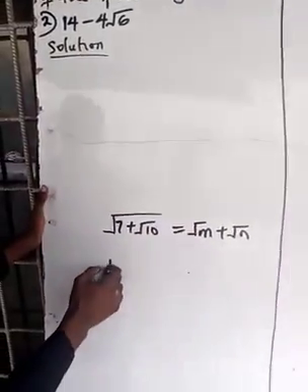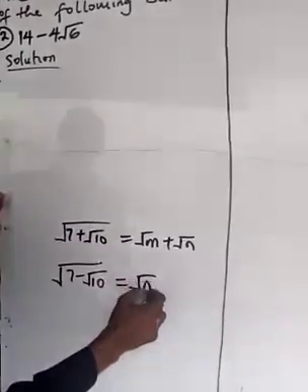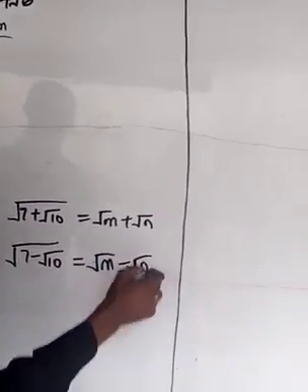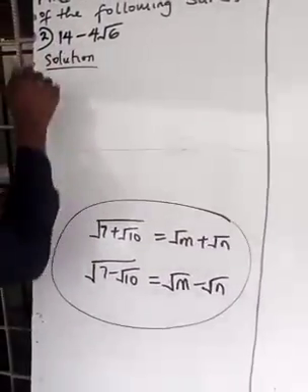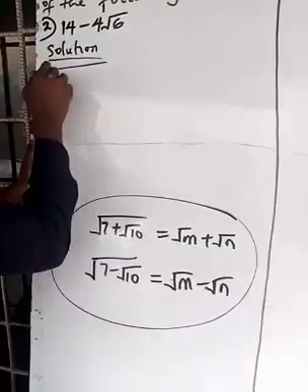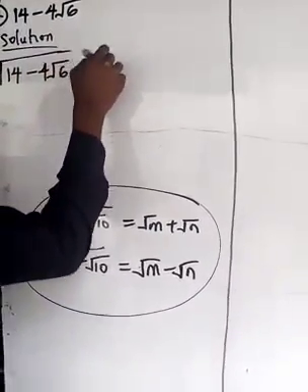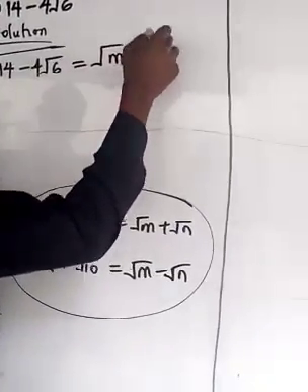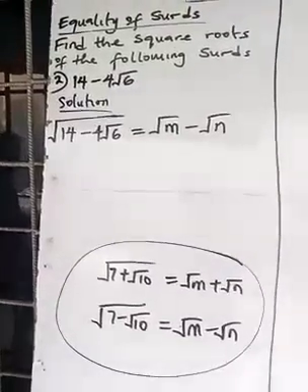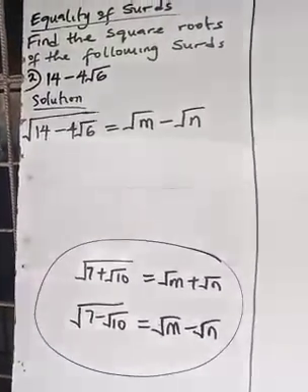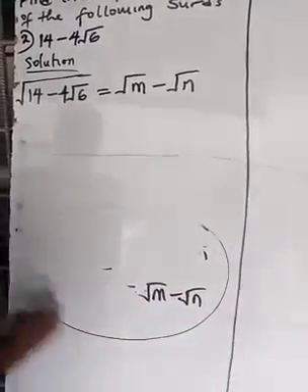If it is the square root of 7 minus root 10 that we are looking for, it will be square root of m minus square root of n. So the answer is usually in this form. So the square root of 14 minus 4 root 6 is going to be square root of m minus square root of n, because we have a minus. If you follow that principle that I just gave you,